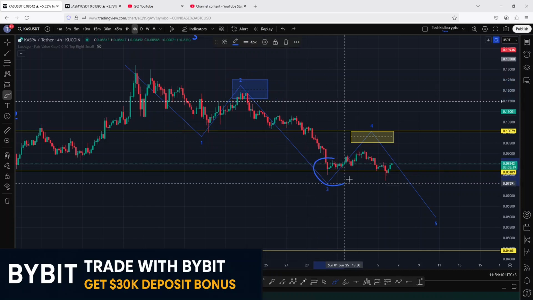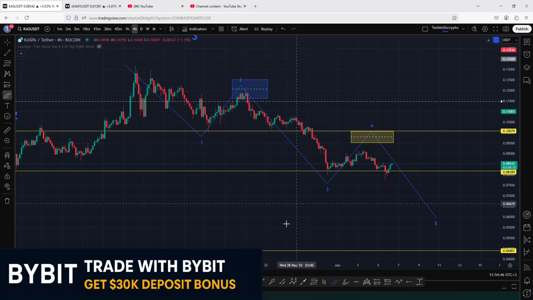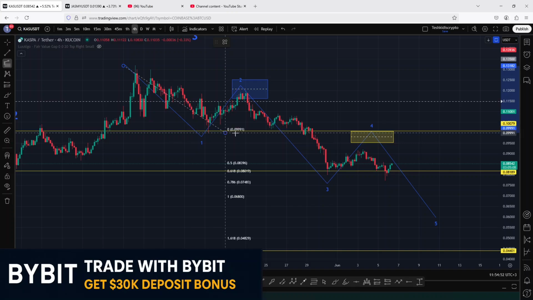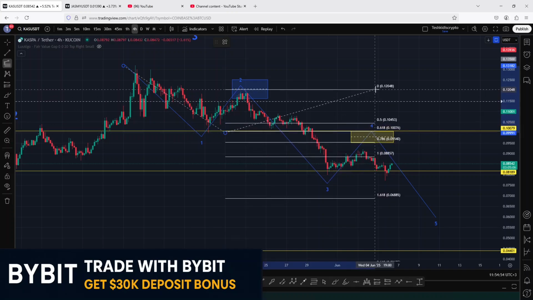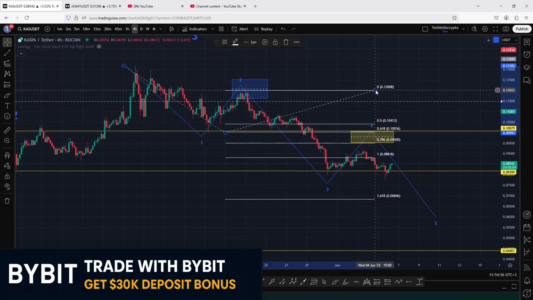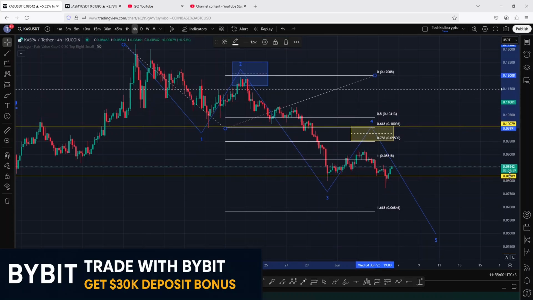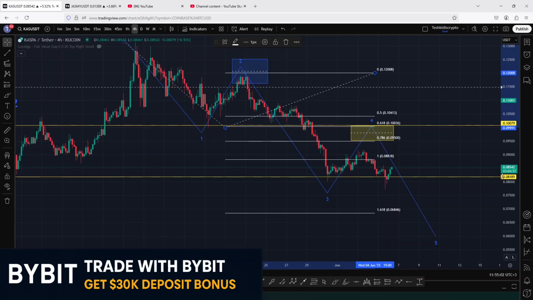an area within which we got rejected, starting another pullback in the formation of these wave 3, and the minimum target areas for the wave 3 were given by connecting the fib extension from the high of the wave 1 to the low of that first wave, then connecting the Fibonacci's to the high of the wave 2. And the first target area that I was paying attention to in the formation of the wave 3 was the fib ratios 1:1, and that lies above the 0.8818, an area that we fully maximized, and we saw a drop to the